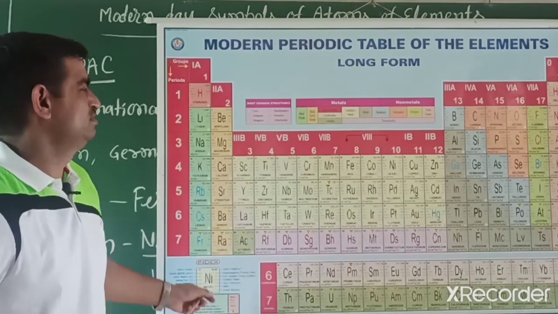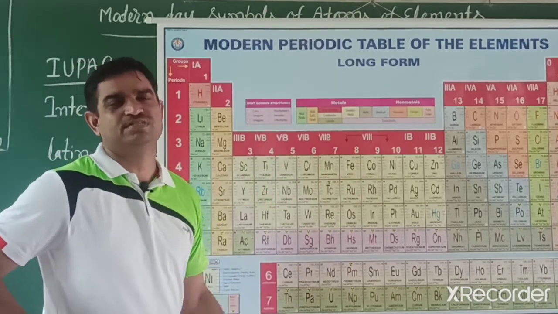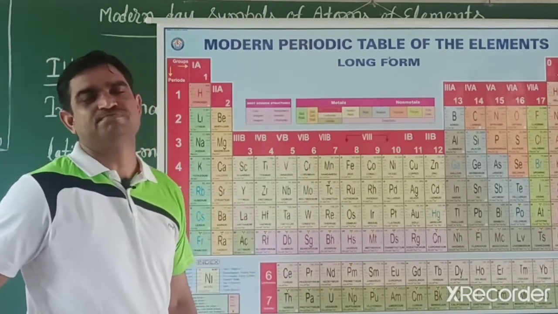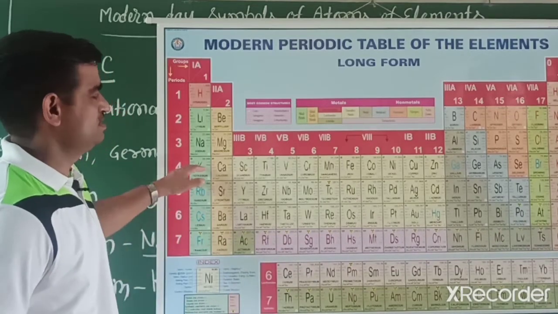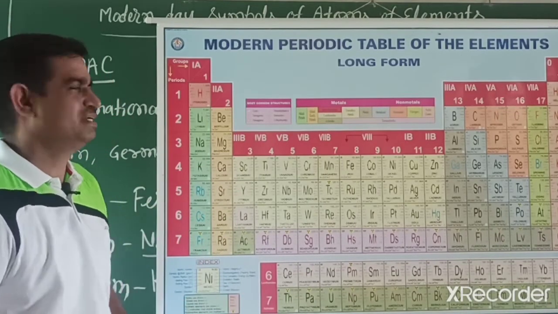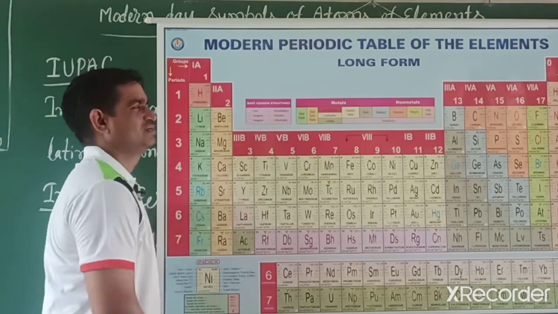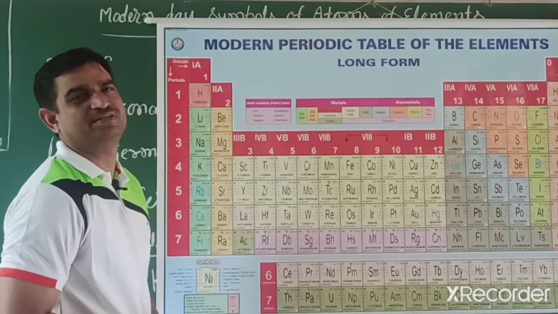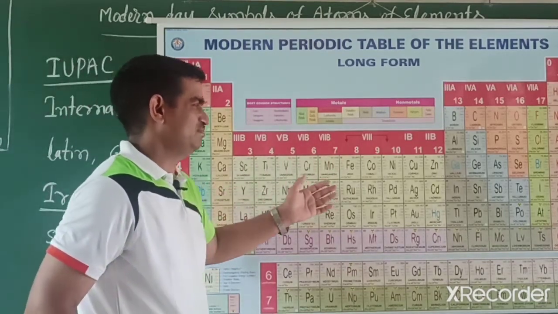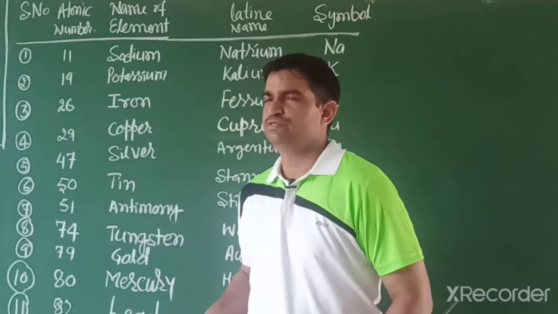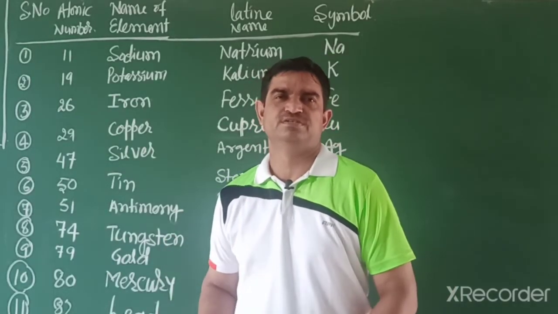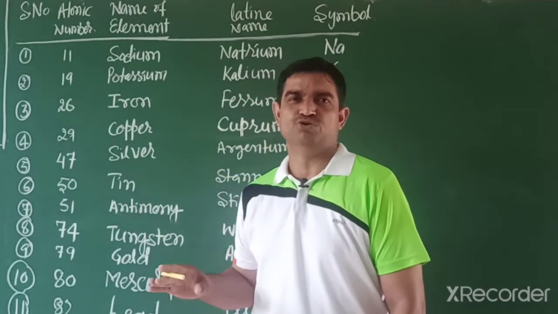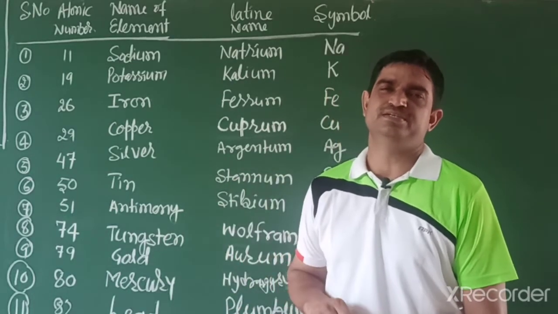Students, in this way these are the elements given in your schools. You have already seen these elements and symbols, but in your classes up to 9th and 10th, you should remember up to calcium. And when you become habitual, then you can write the other elements also, though their names are slightly difficult. Students, out of 118 elements, 11 elements have a Latin name, a Latin symbol. So you should remember those elements.